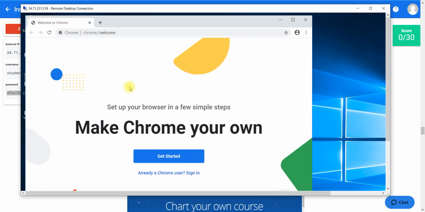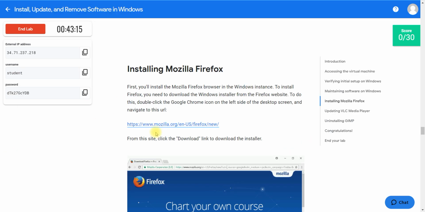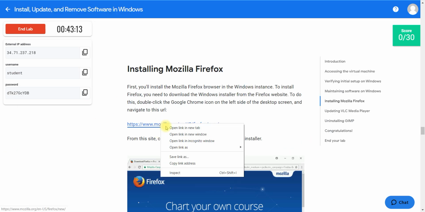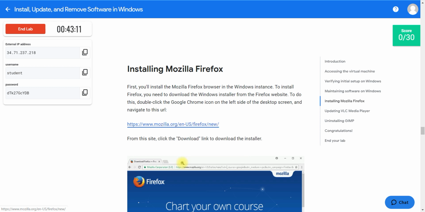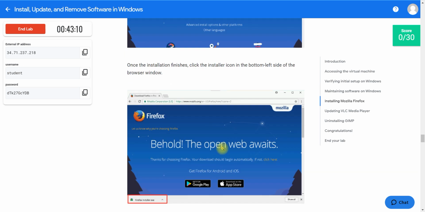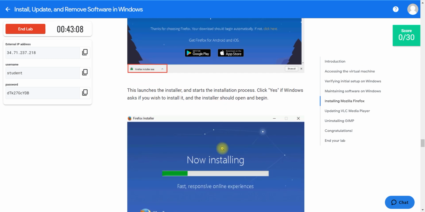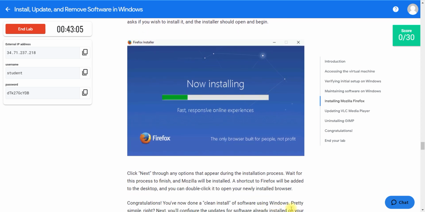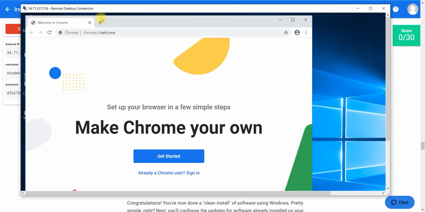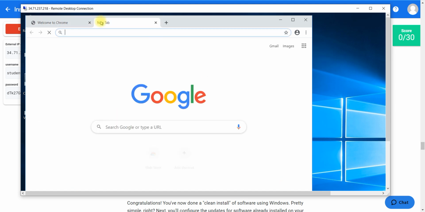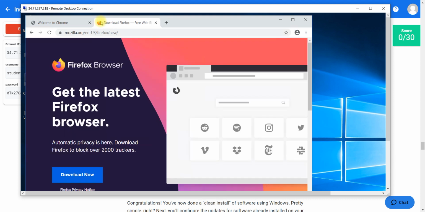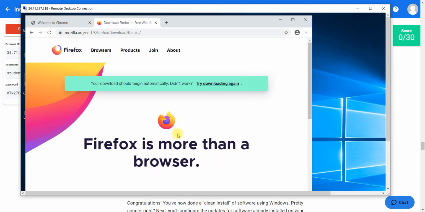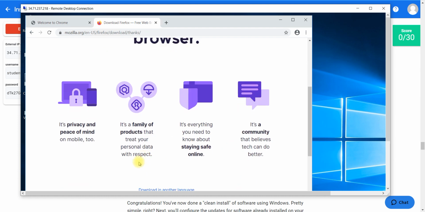Already it will come like this, and you go to the page and copy this. For what? To download the installer. And once we download, we click to install, right? You go there, click new tab, paste it with Control V, press enter, and now download. So it will download.